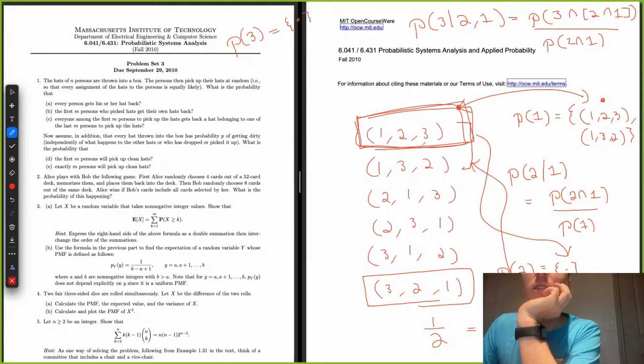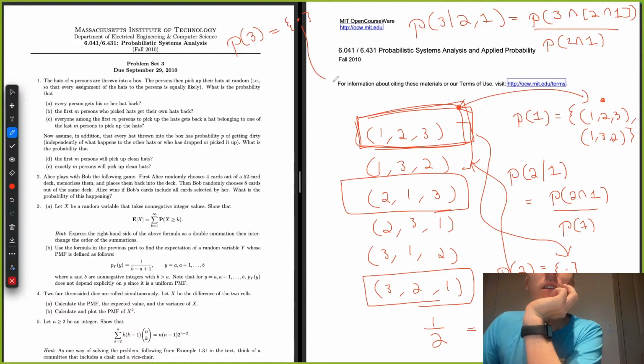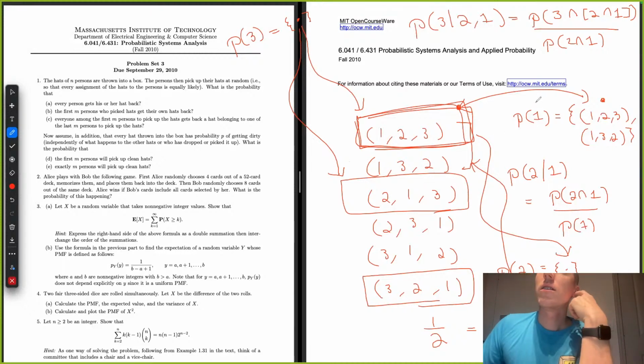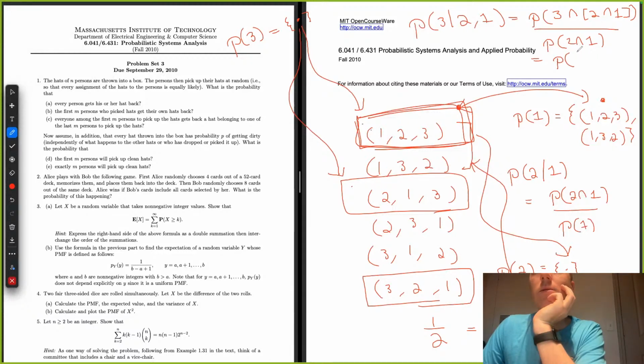So it's this event and this event right here, like this guy and this guy here. So the intersection between this and these two things and just this is equal to, yeah, it's just the probability of